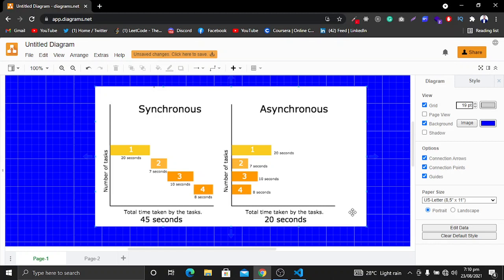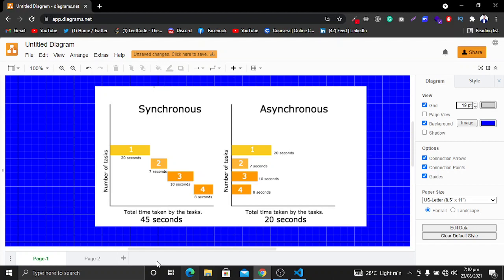So this is the difference that you have to understand between the synchronous version and the asynchronous version. Now you can see clearly different results when you use the synchronous version and when you use the asynchronous version. The asynchronous version doesn't stop for one task to be executed. It will move to the next step without waiting for the task to be completed.